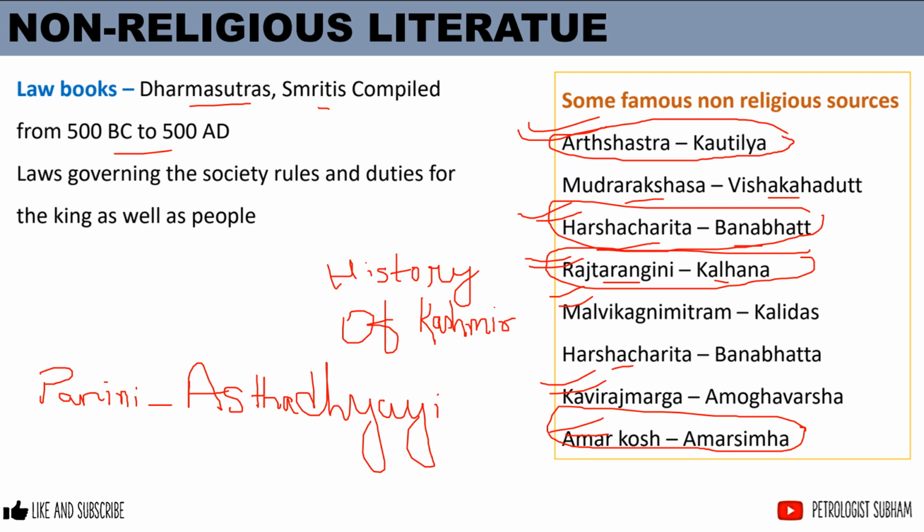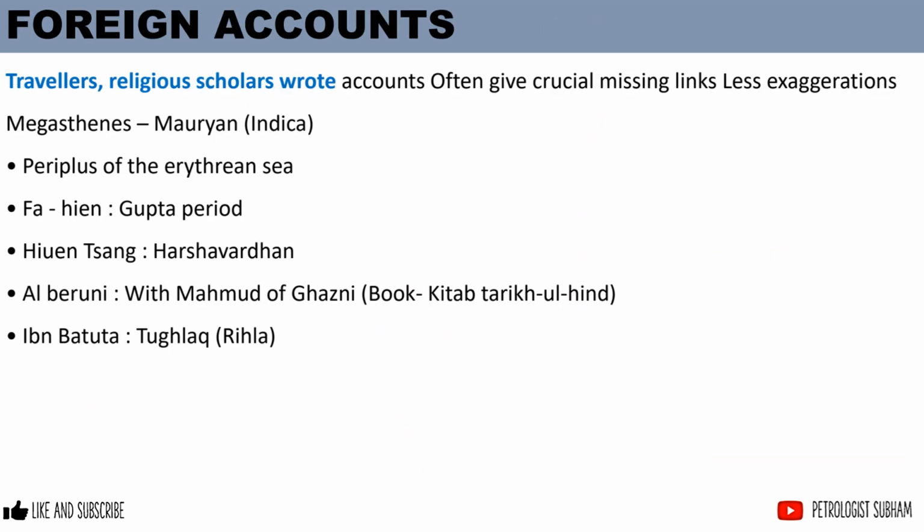Okay, चलो ये सब important चीजें, you should remember these things. Okay, let's move forward. Some of the foreign texts that are related to India, like Megasthenes during the period of Maurya. Megasthenes was a Greek writer or Greek philosopher who wrote Indica, describing the kingdoms and the beauty of India of that period, right? He came during the Maurya period.